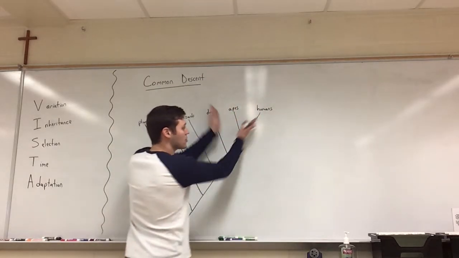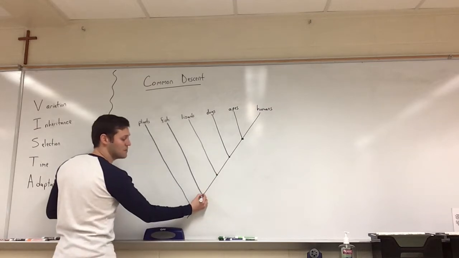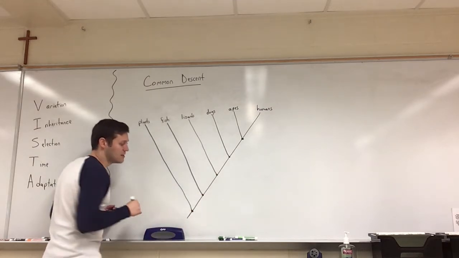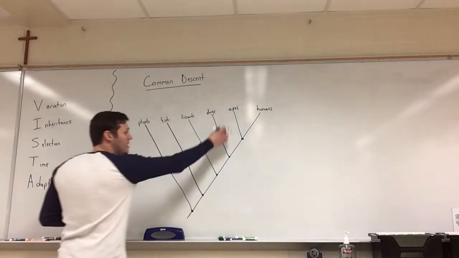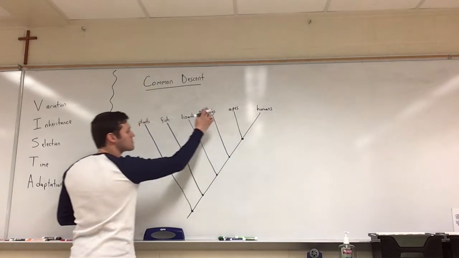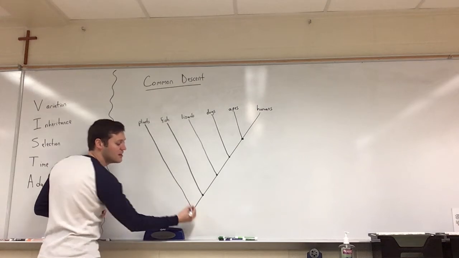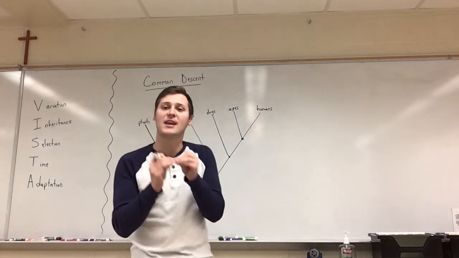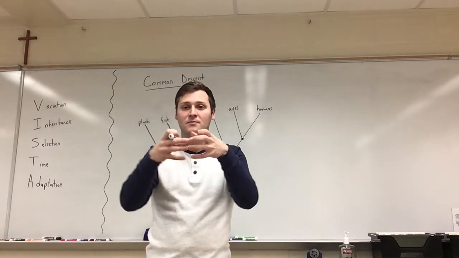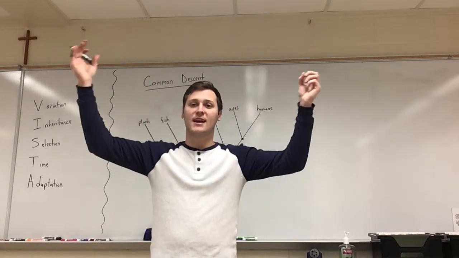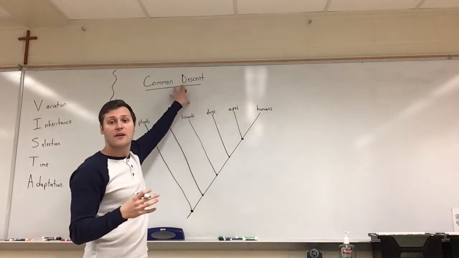So species diverge over time, and if you trace this back, so if you reverse natural selection, you reverse history using the fossil record and using evidence that we will discuss later on, you would see that all organisms, whether it's humans, apes, dogs, lizards, even plants, if you go far back enough in time, you would see that we all share a common ancestor, that all organisms diverged from a single organism that over time split and became different species. So this was a big component of Darwin's theory of evolution.